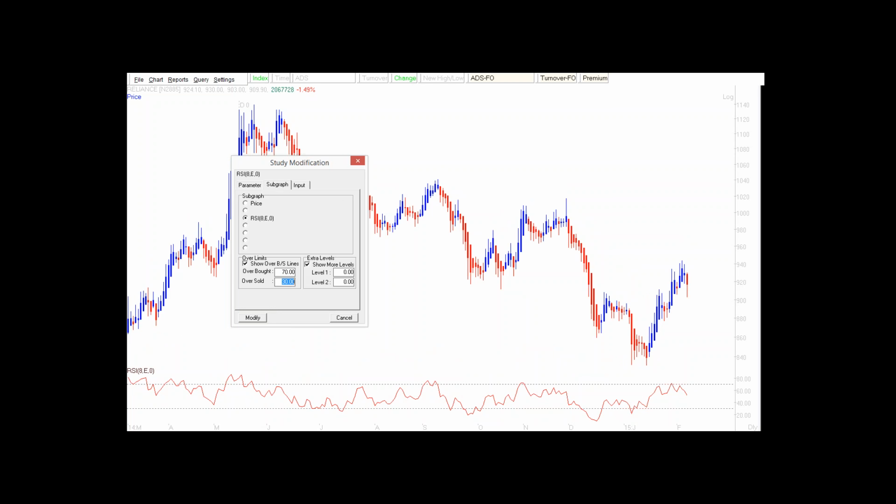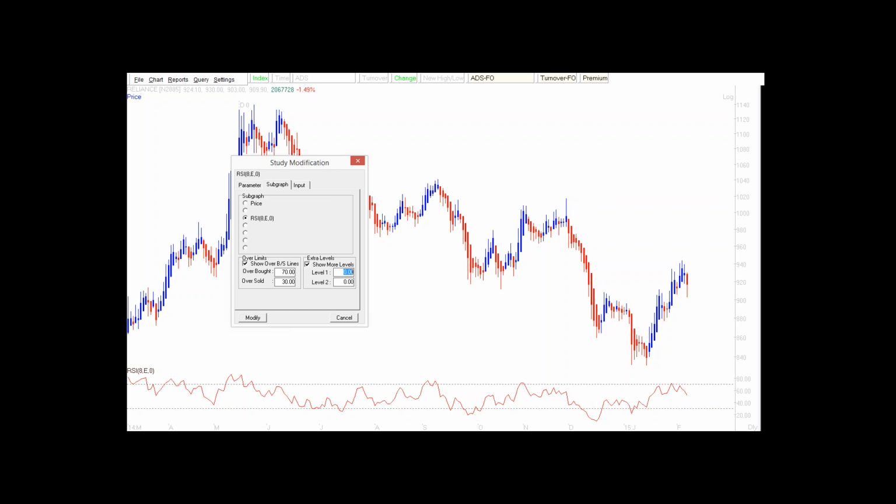If RSI goes above the level 70, the prices are overbought and it can come off. And on the downside, if it falls below 30, it's oversold. Now 70 and 30 are the default levels, and these were the levels set by the developer of RSI, Mr. Wallace Wilder. Wallace Wilder also suggested the time period of 14, so 14 and 70 and 30. But if you ask me, having a range of RSI overbought, oversold makes more sense.